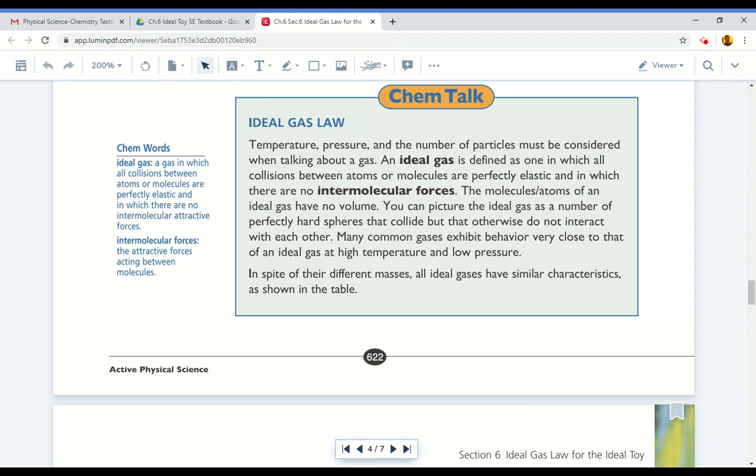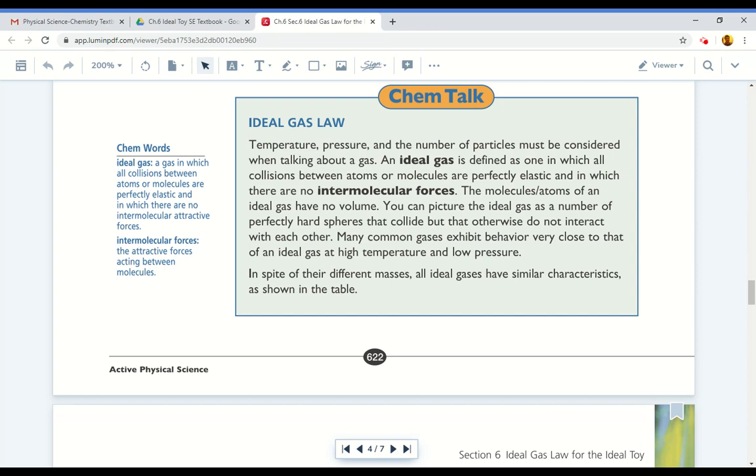An ideal gas is defined as one in which all collisions between atoms or molecules are perfectly elastic and in which there are no intermolecular forces. The molecules or atoms of an ideal gas have no volume. You can picture the ideal gas as a number of perfectly hard spheres that collide but that otherwise do not interact with each other. Many common gases exhibit behavior very close to that of an ideal gas at high temperature